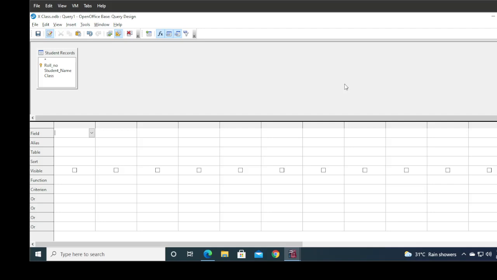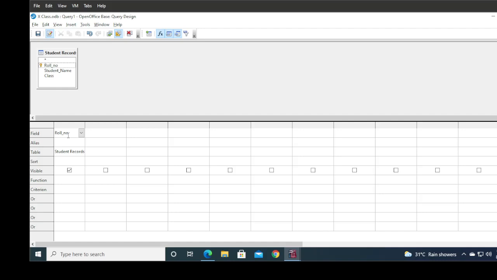So according to the condition, we write our condition here. If you want to select any field, you can click here and drag here, and then release your mouse button. Otherwise you can just click here, and then you can click on the arrow, and you can choose the name from here also. And after that, if you want, then you can choose the next field from here. For example, my class field is there, and here you can write down any condition.